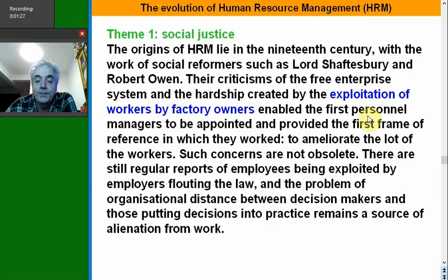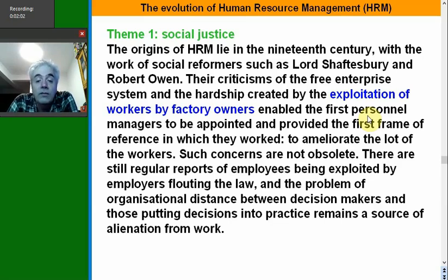Okay, next, theme 1 is social justice. The origin of human resources lies in the 19th century with the work of social reformers such as Lord Shaftesbury and Robert Owen. The criticism of the free enterprise system and the hardships created by the exploitation of workers by factory owners enabled the first personnel managers to be appointed and provided the first frame of reference in which they worked,